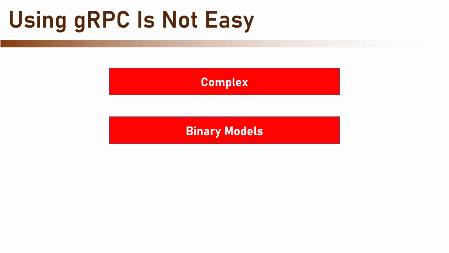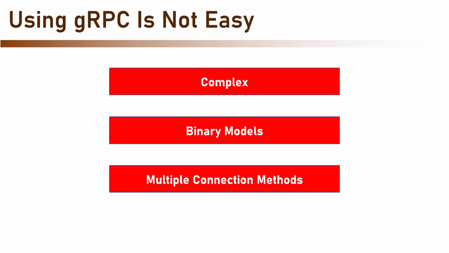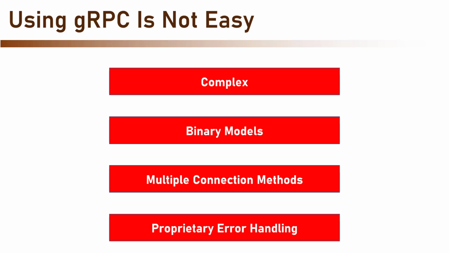It uses binary models as opposed to text-based messages that are easy to read and debug. It offers multiple connection methods as opposed to the classic request-response model offered by almost all other web APIs, and it has its own error handling, which does not build on the error codes of the HTTP protocol, as is the case with REST API. So the bottom line is simple. You need to know what you are doing with gRPC,